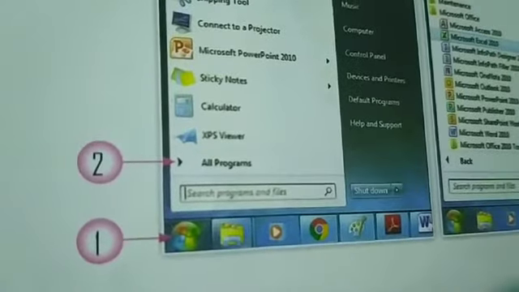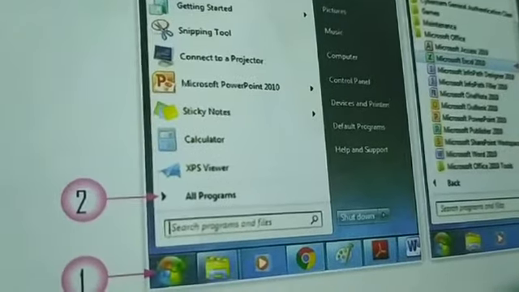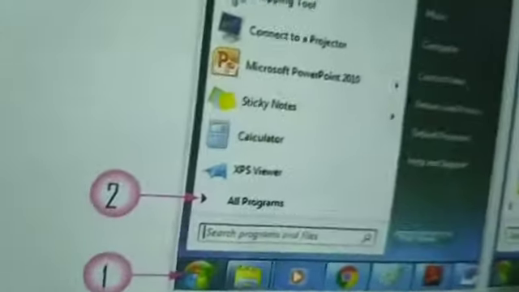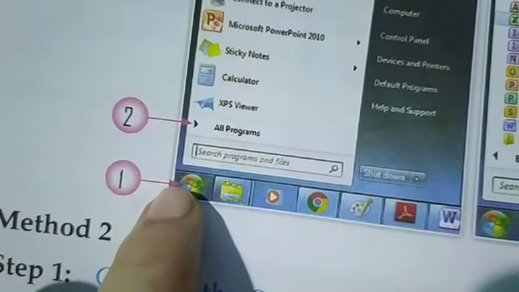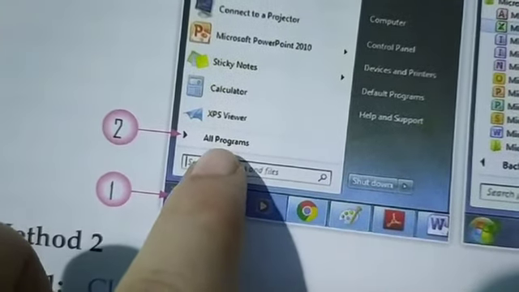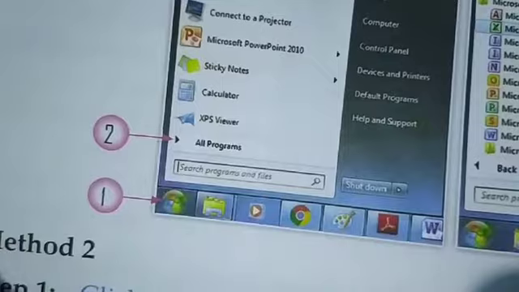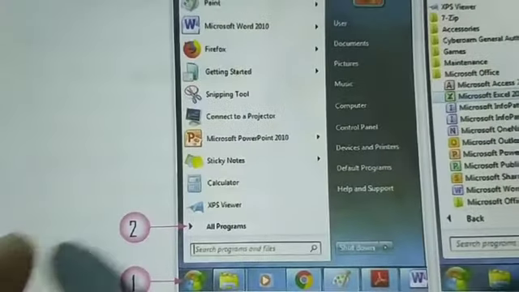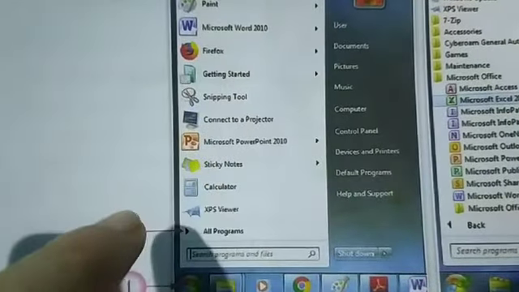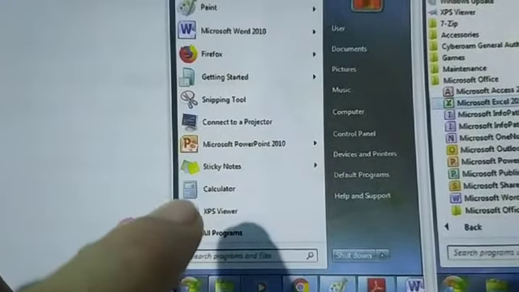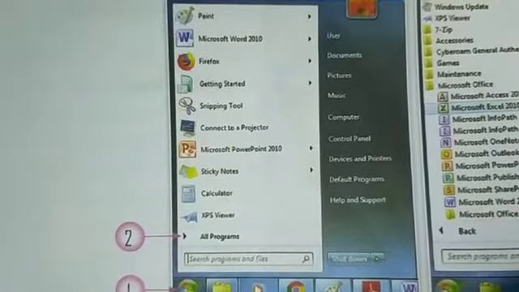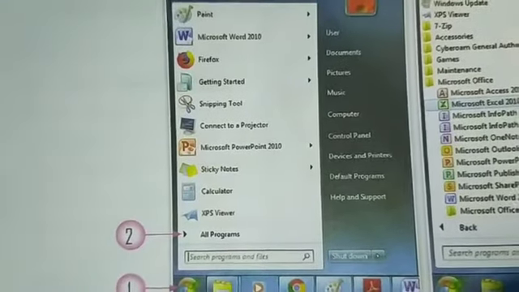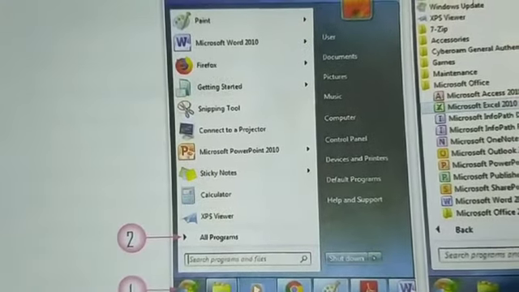Click on the start button, then go to all programs. First you click the start button, then the all programs option will come, click there, and whichever program you want to open, its list is here. Click on it and the program will get opened. Whichever program you want to open, it can be done through the start menu.